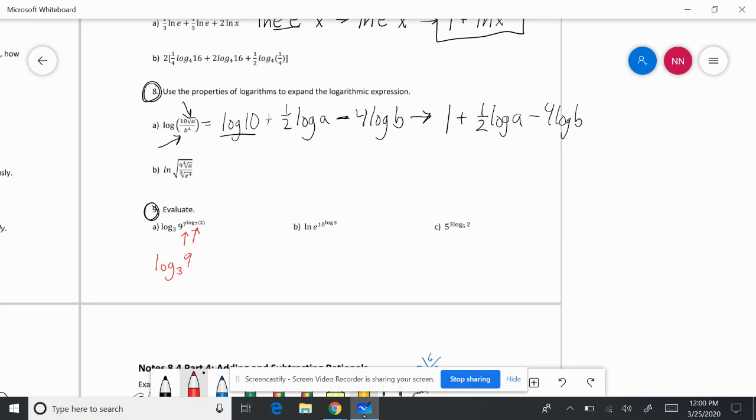Since those are the same, it becomes a 1. So we have a squared. We know that 9 squared is 81, so log base 3 of 81. We also know that 81 is really 3 to the 4th. Once again, we have common bases. That, of course, becomes 1. So our final answer is